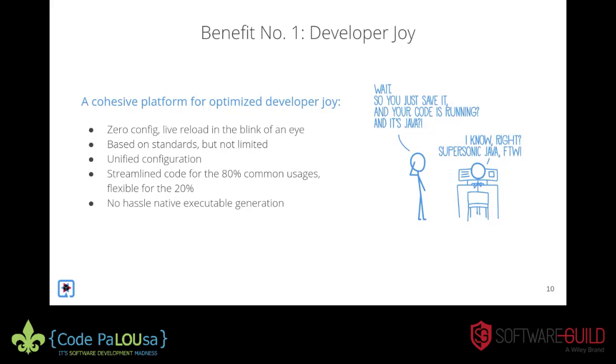But there's also a native mode. An extension and a technology called GraalVM is required, but you can also compile your applications to run natively. And again, going back to that fast startup time, that's kind of a requirement for serverless. This really plays well into that aspect of things. So those are some of the things that we're addressing with Developer Joy.